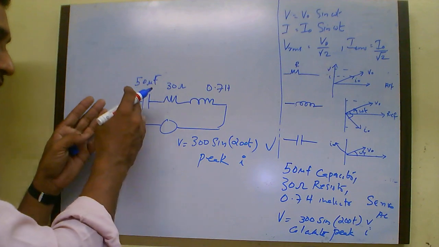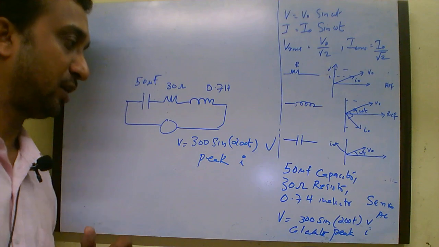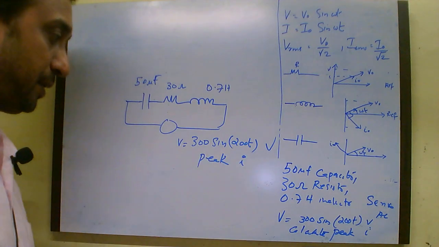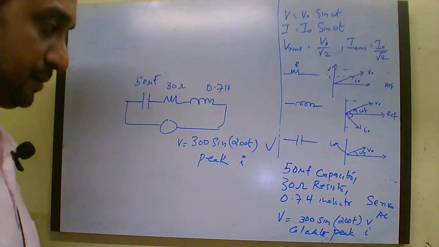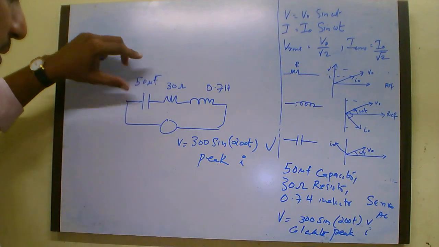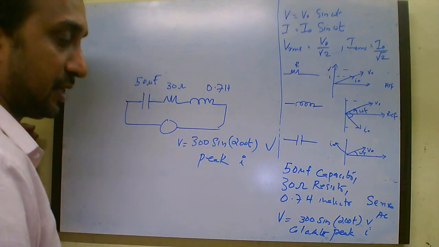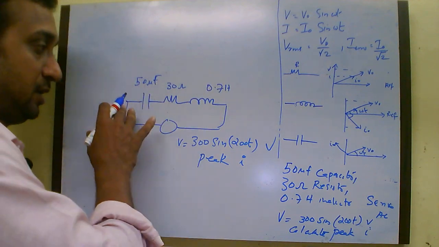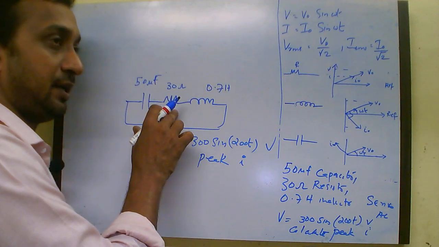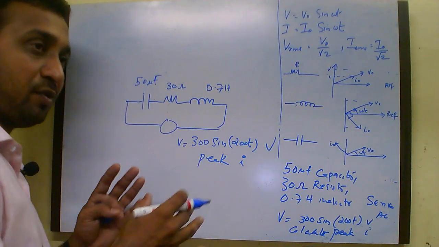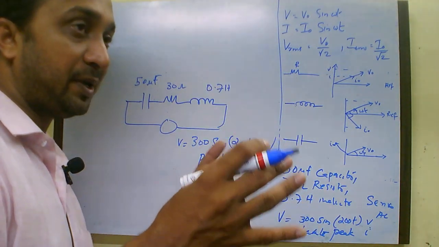Now see, the inductor is there, capacitor is there, the resistor is there, applied voltage is 300 sine 200t volt. You have to find the current. See, if only resistor were present, then you can simply divide this voltage by the resistance value and you will get the current. But this situation is different. You have three different elements, capacitor, inductor, and resistor. So all will be providing different values for their resistance, and the final value will be different from the individual